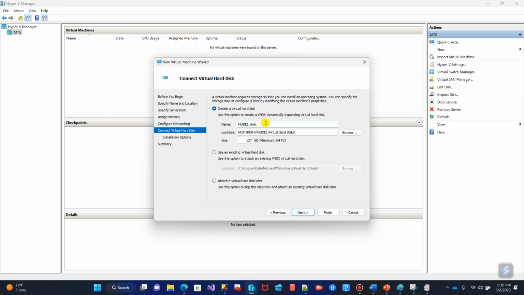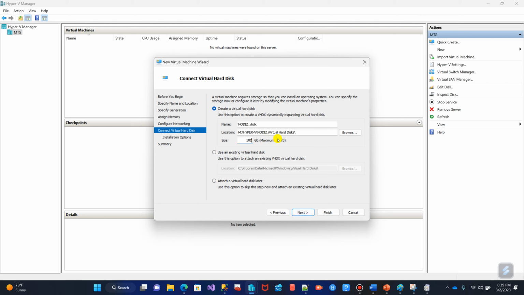Next, here it is going to create this virtual disk, and the virtual disk will be stored where we stored our virtual machine, in the folder to which we pointed our virtual machine. You also need to provide a size. How much space do you want to assign to this virtual machine? Because it's just for training purposes and I don't need that much space, I'm just going to go ahead with 100 gigabytes. But you can see here in this bracket, it says you can have a maximum of 64 terabytes